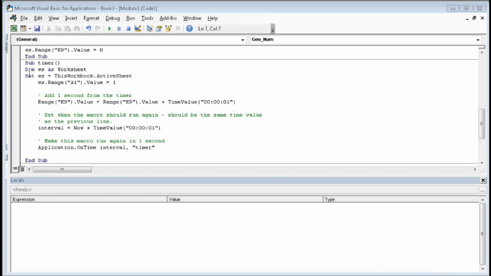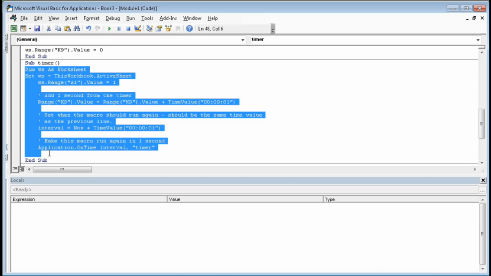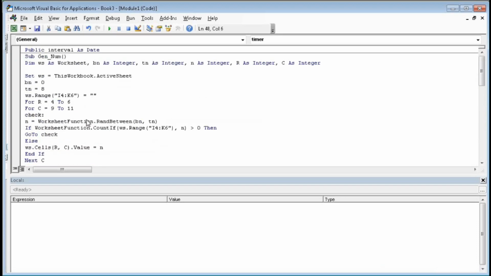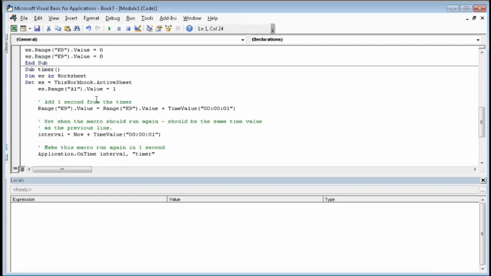Here you can see the code is given, but remember at the top you should write Public interval as Date, and here Dim ws as Worksheet and Set ws equal to ThisWorkbook.ActiveSheet, that we have already done for generating or shuffling the numbers in the previous code.